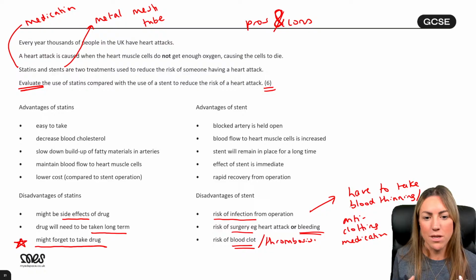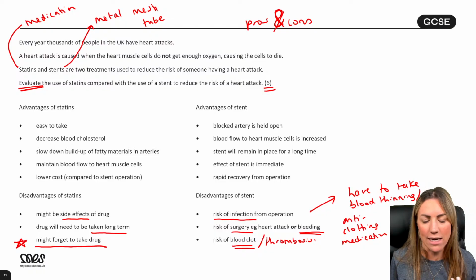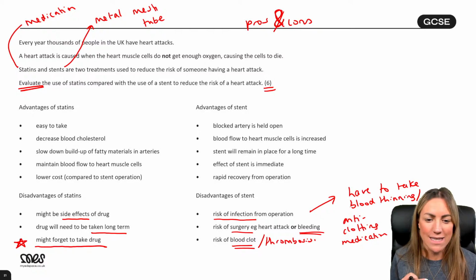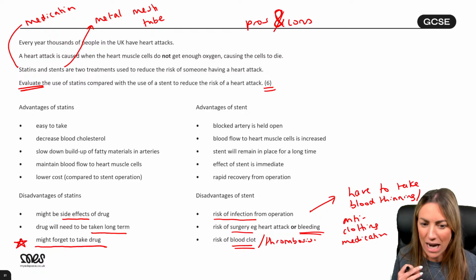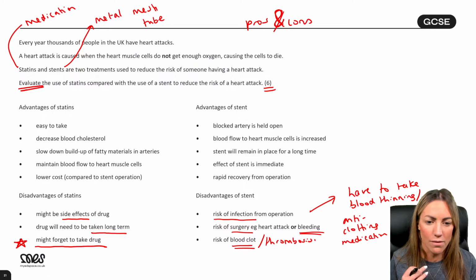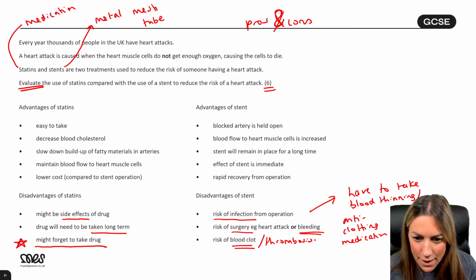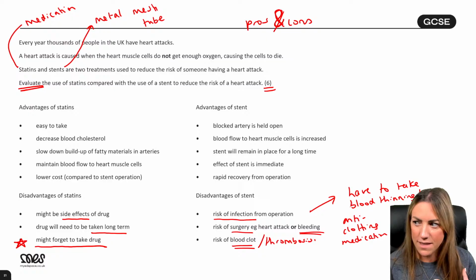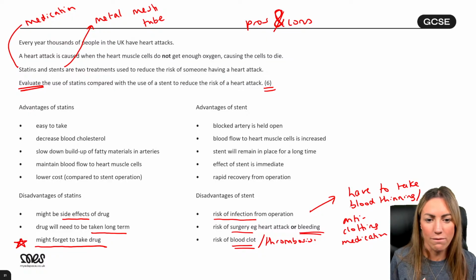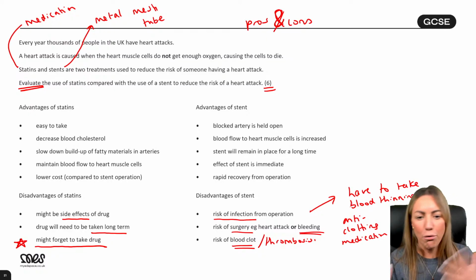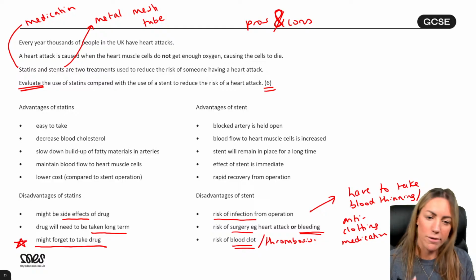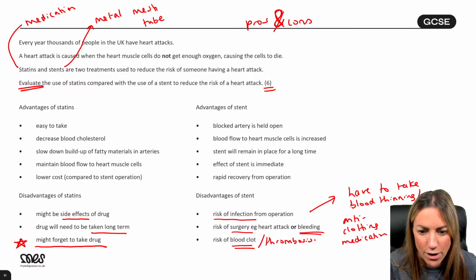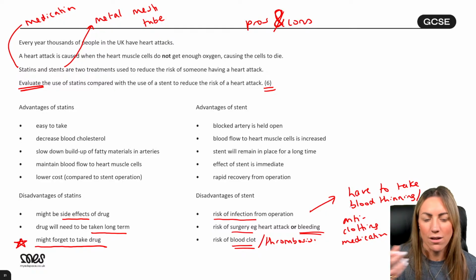So what I want to see from you guys is to make sure you've got at least 6 written down, maybe 8. When you've got these notes written down, put a plus in the chat because I don't want to spend longer on this slide than I need to. You'd need like 2 pros and 1 con for statins, or 2 pros and 1 con for stents, or you could do 1 pro and 2 cons for each, but you needed 6, right? And you had to have pros and cons for both.